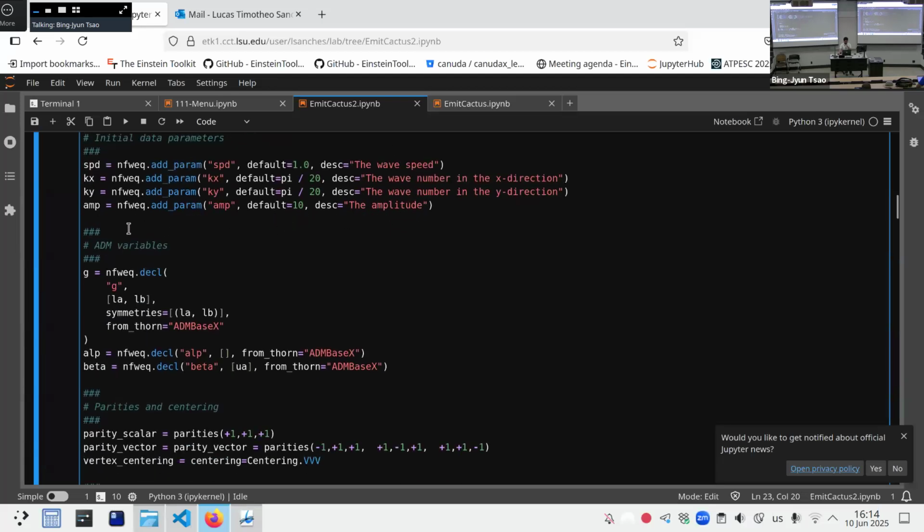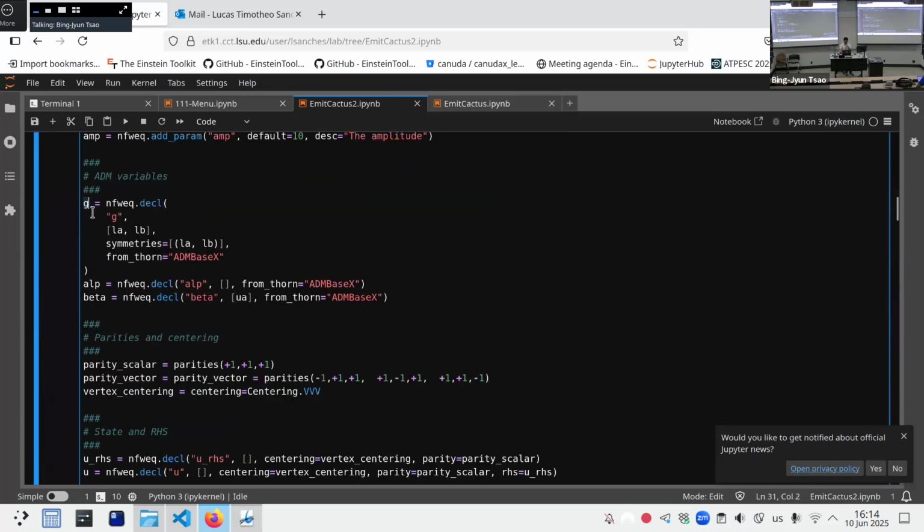All right. So now after I've defined my initial data parameters, I start with some variable definitions, right? And here, like in the BSSN recipe, I am reading some variables from the ADM base X thorn. Now, there was a good question in the audience here. If you're not familiar with CarpetX, ADM base X is the CarpetX equivalent of ADM base, right? It's basically just an interface thorn which defines some variables, in this case, the ADM variables. And it's basically a centralized place where you can read and write your ADM variables to and from, right?